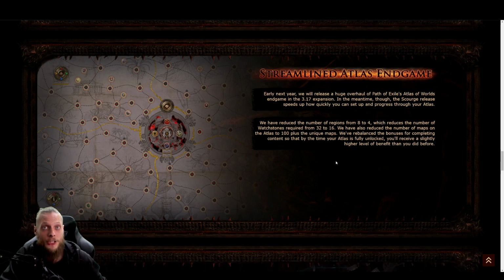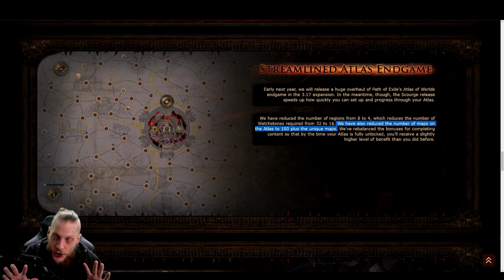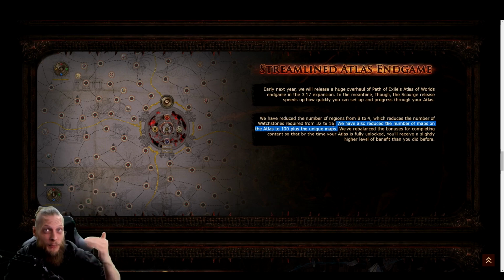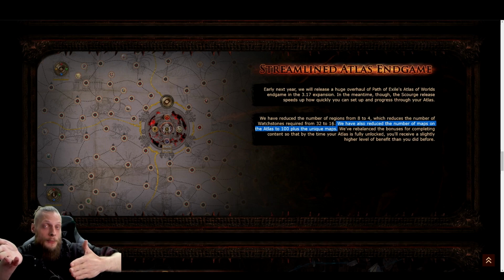Yeah, I mean, there is nothing to say against that. Like having 8 Atlas regions, I'm just curious, what maps did they remove? I hope GGG had a statistic. What were the most run maps? What are the maps that people don't like to run? Because since we are going from like 156 maps to 100 now, plus unique maps, obviously,